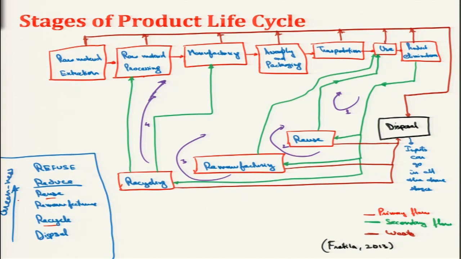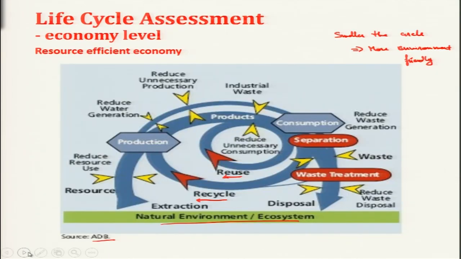The same thing is replicated here in this resource efficient economy, in which the separation of goods happens. After the consumption, it goes to the waste treatment, and it also can be recycled. Metal parts can be recycled, oil etc. go to the lubricant treatment industry, where waste treatment happens, and finally smaller disposal or lesser pollution is there. But this is the thing that is desired at this point of time.